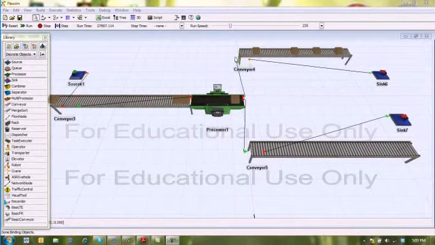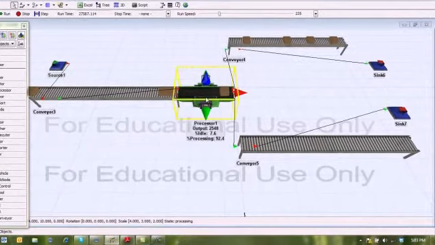Let's assume now that the conveyor on the top, conveyor number 4, is all the good products from my production line, and the conveyor in the bottom, conveyor 5, are all the products with defects. Let's assume that we have a rule of 80% of good production and 20% of production with errors. It's just an assumption. So we have to come into the processor's properties